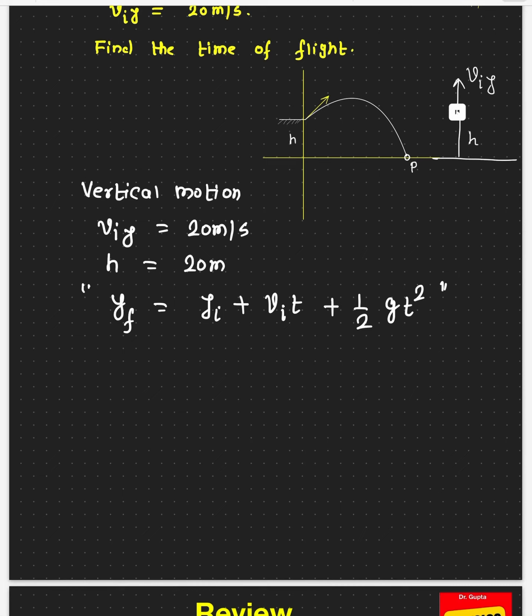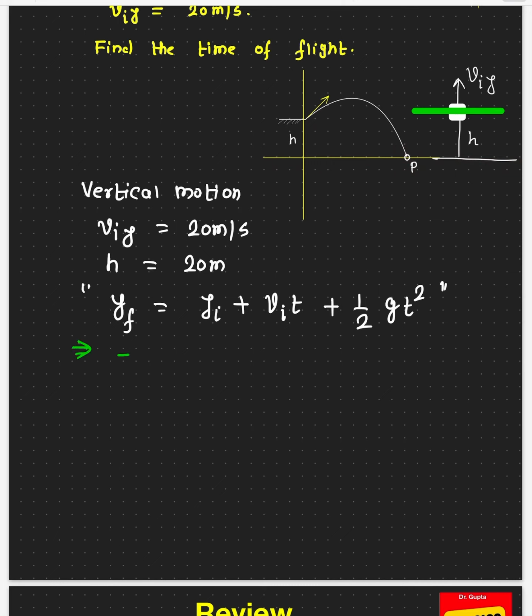So here I'm choosing my reference level at this height. That's my reference height. So if I look at this height, what is my final position? The final position of the ball would be on the ground. That means the ball goes up and comes back again to the ground. In this diagram I'm only talking about the vertical motion. So the ball goes up and comes back here, but if you look at the two-dimensional, it goes up and comes back to the ground. But in any case, the final position of the ball will be at this point, which is negative